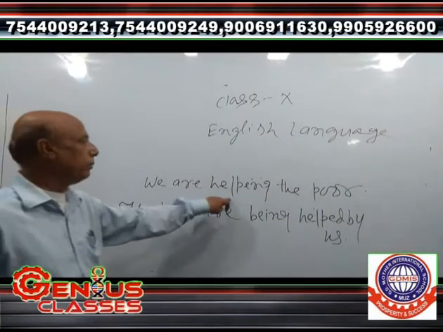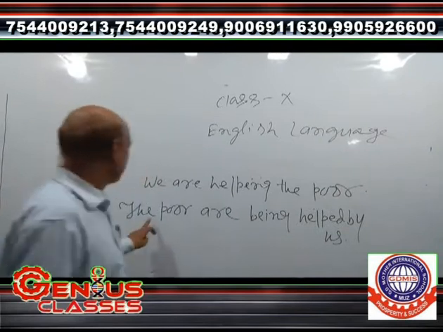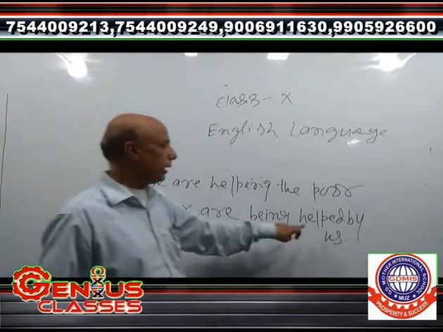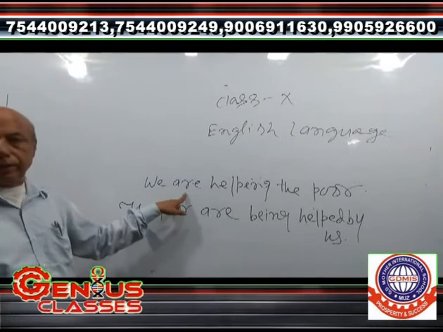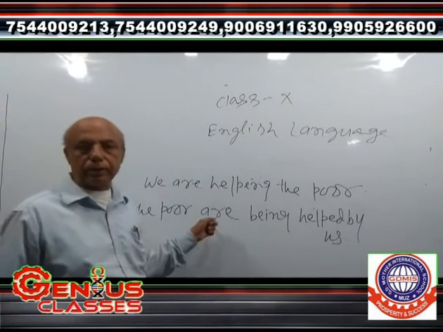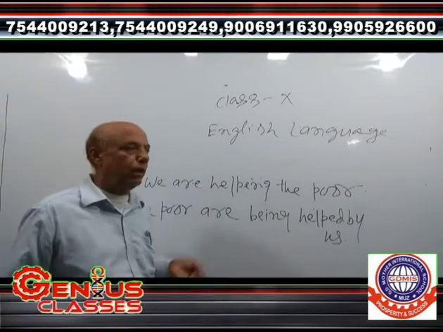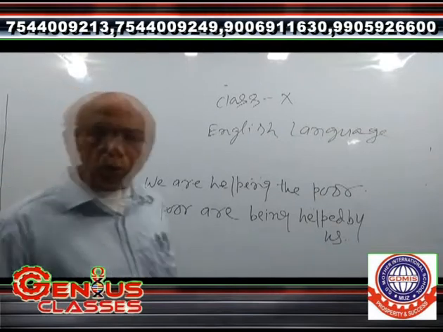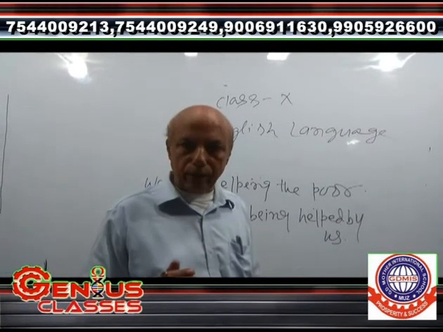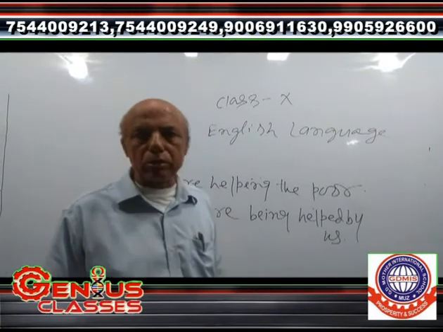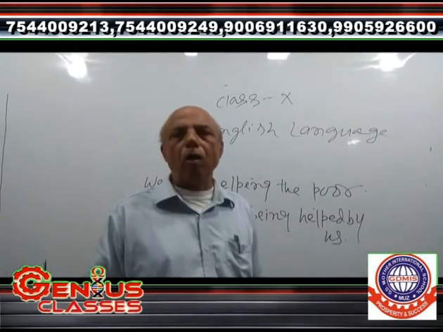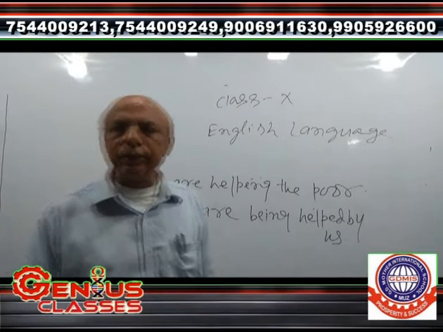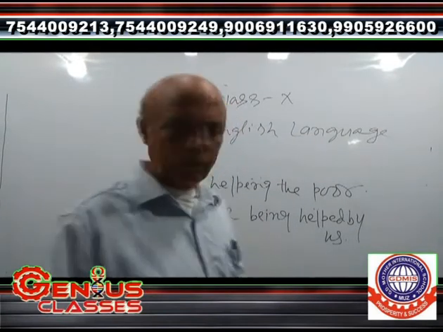We are helping the poor means the poor are being helped by us. It is in active voice and it has been changed into the passive voice. And I have already told you, being is applied in the course of changing from active into passive of present continuous tense. The next,